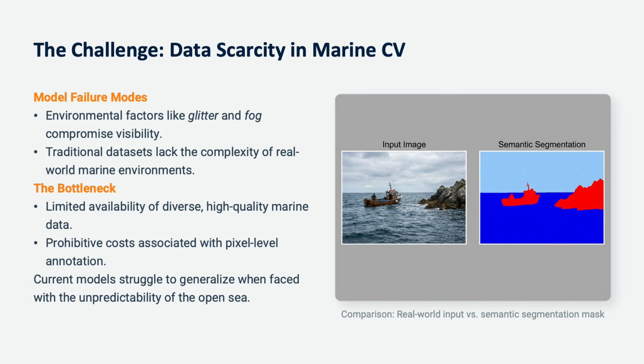The bottleneck is twofold. First, public datasets are too small and often structurally repetitive. For example, the same water, horizon, sky layout again and again. Second, pixel-level annotation is extremely expensive. As a result, we end up with models that look good in distribution, but struggle to generalize to unpredictable open